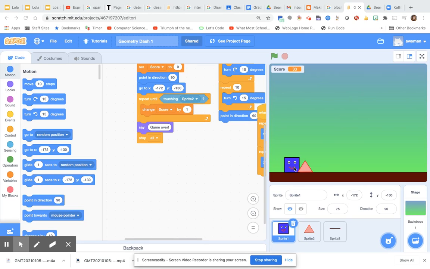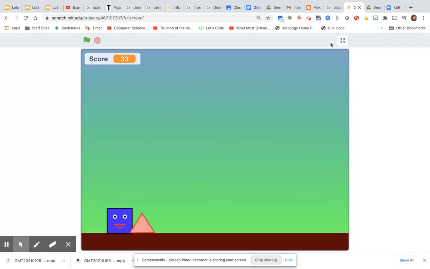Hey everybody, here is a video to show you how to make a high score in Scratch. This is a simple game that I made based on Geometry Dash, and the game ends when the square main character is hit by the triangle. I'll just show you how to play the game quickly. So when you hit the spacebar, the character jumps and gets points, and then when they run into each other,